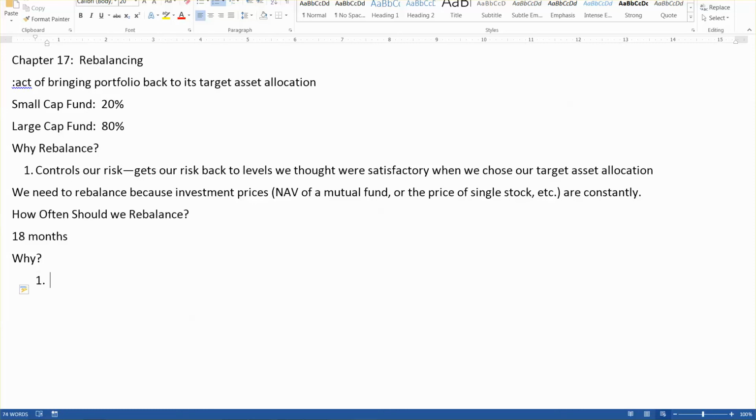Using an 18-month time period versus, let's say, a 9-month time period ensures that your capital gains are long term. And long term capital gains, you pay only the capital gains tax rate and not the ordinary income tax rate. And paying the capital gains tax rate, it's a lower rate, so that's beneficial. You don't want to do this switching or rebalancing more frequently than once a year, because that's going to subject you to the taxes rate being long term.